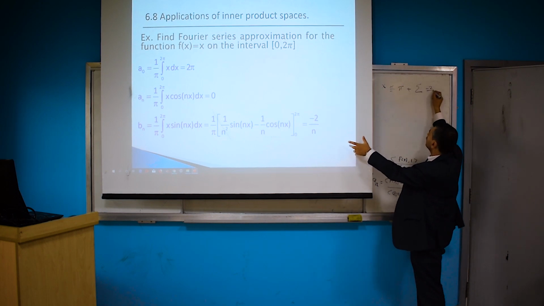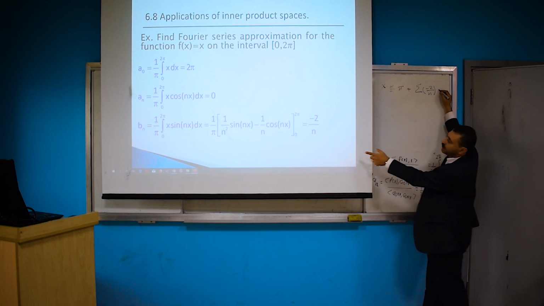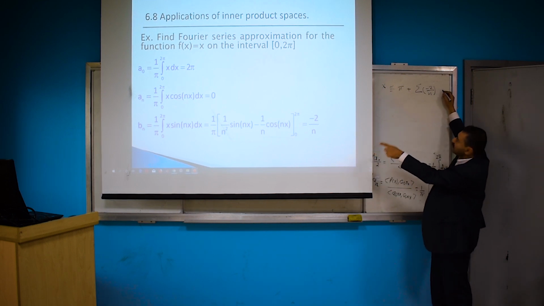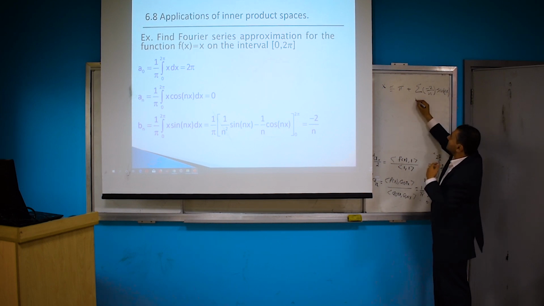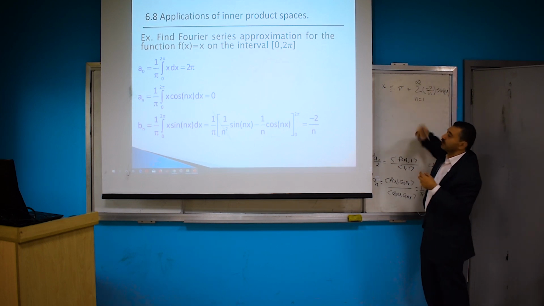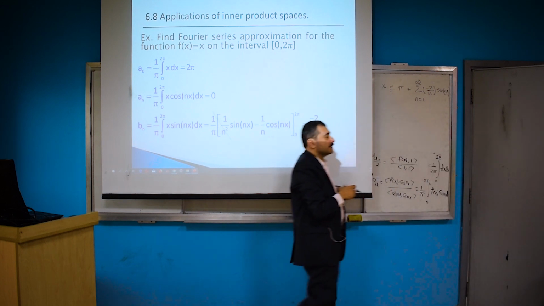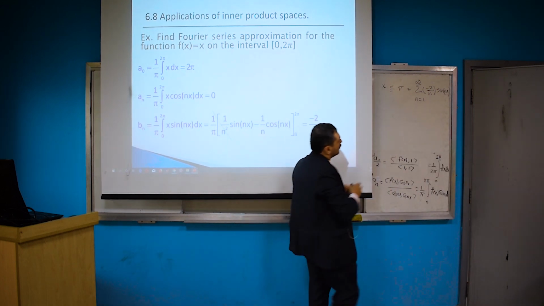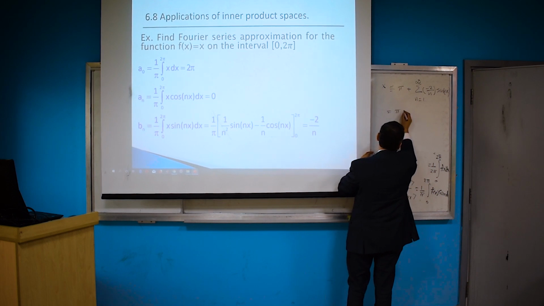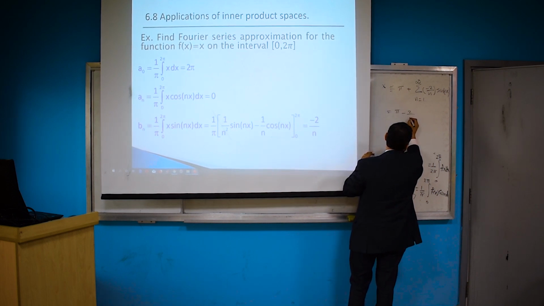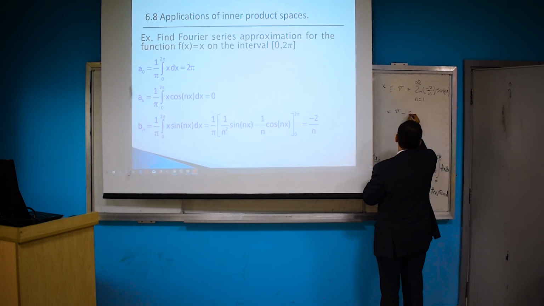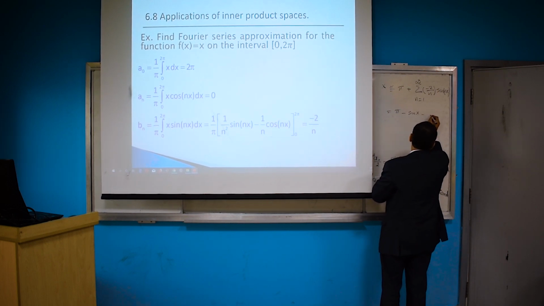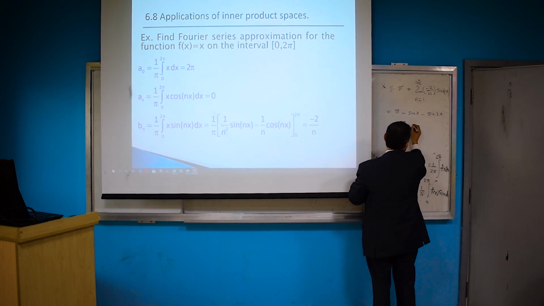للـ b n، ده بتاع الساين، مضروب في sine n x، starting from n equal 1 up to infinity. أوكي؟ فممكن تكتب أول few terms كده وتجرب تـ graph حتى على الكمبيوتر تشوف أخبارها إيه. ده أول term هيبقى pi minus 2 sin x minus sin 2x. جرب بقى انت graph ده كده على الكمبيوتر